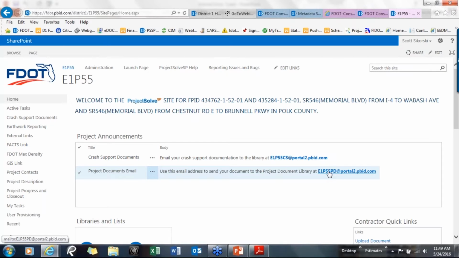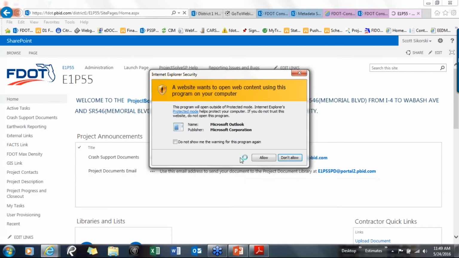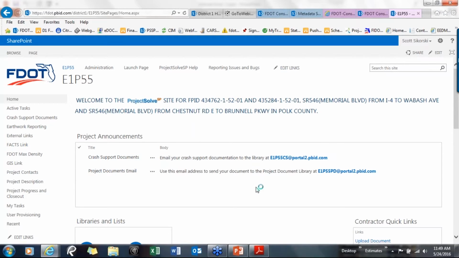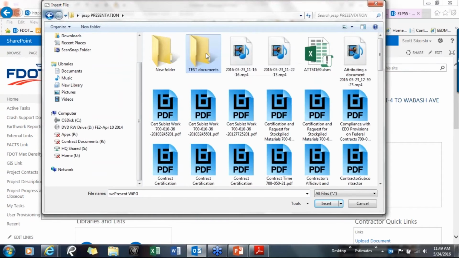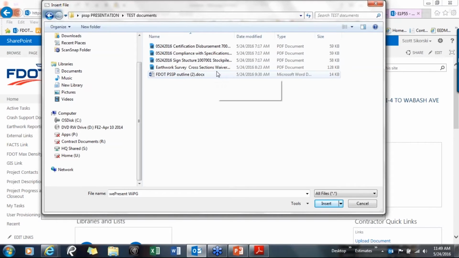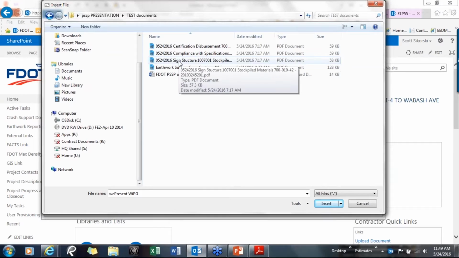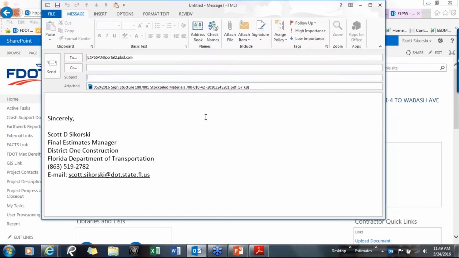So let me go ahead and show you how to email the site. Just click on there. I'm going to allow my Outlook to open. And here we are. Attach file, test documents. So I did the earthwork survey. Now let me do stockpile materials request. And just if you didn't know, I'm the district final estimates manager, so I deal with all these on a daily basis. And I'm just going to say test